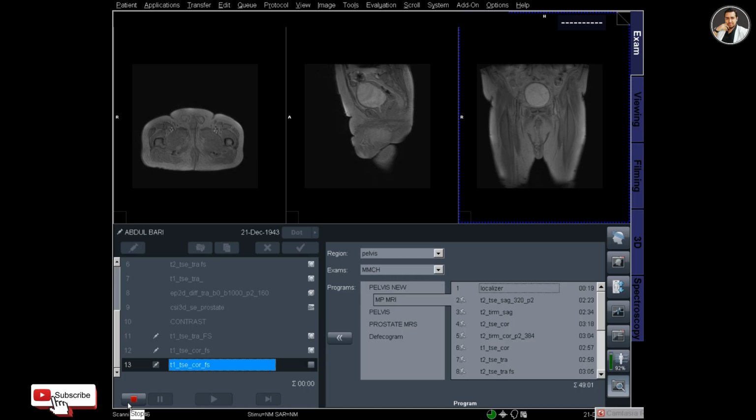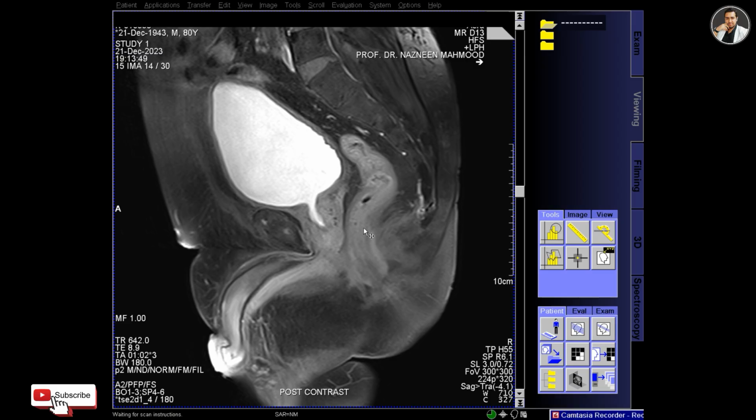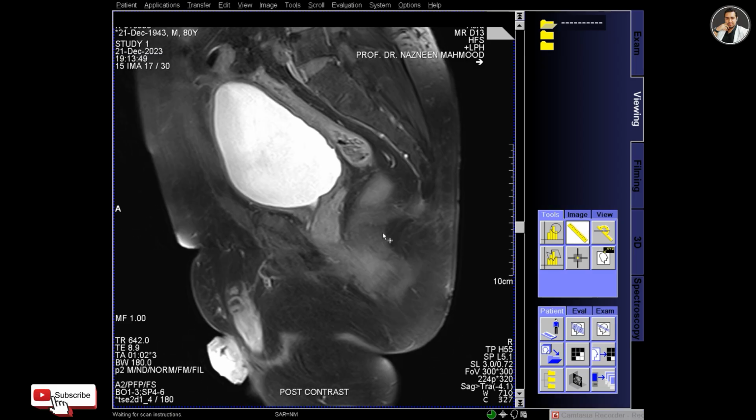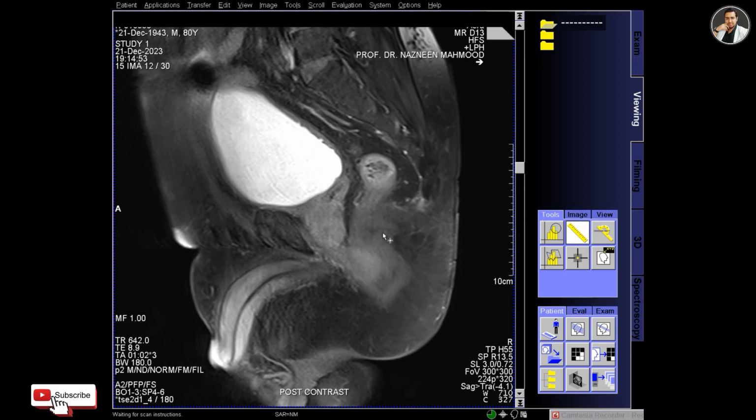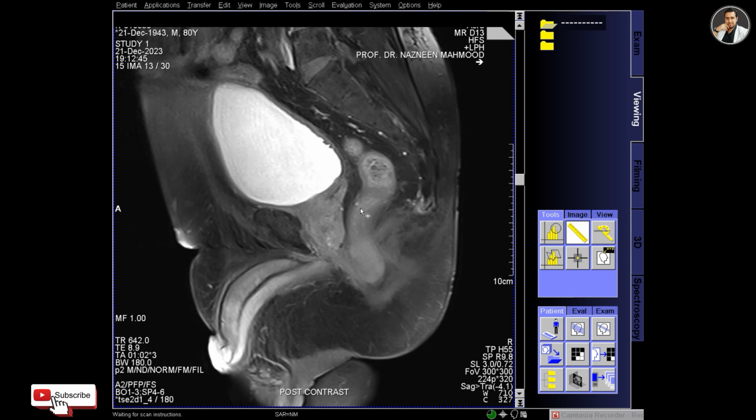So I forgot to change the name of the protocol. It's still T1 coronal fat set, but actually it is T1 sagittal fat set, as I changed the orientation but didn't rename it. That's the T1 sagittal fat set post contrast. You can see that I am scrolling the viewing card.